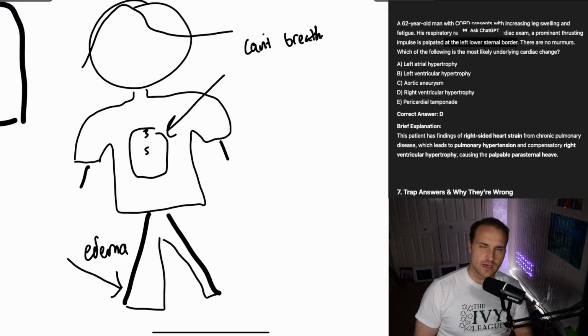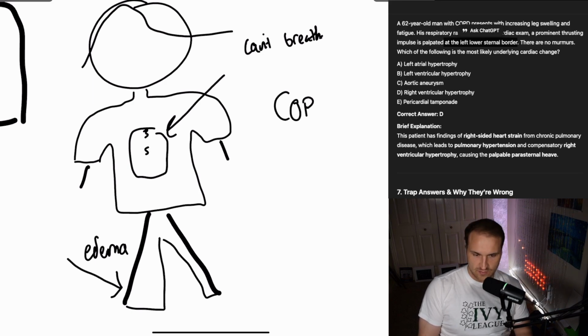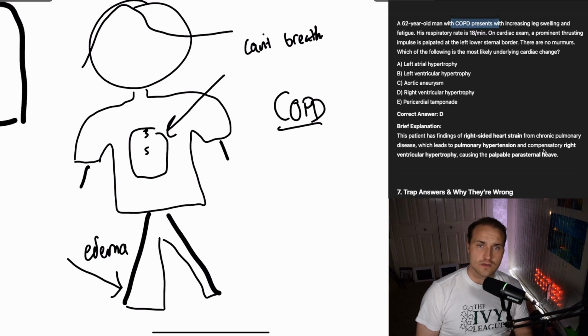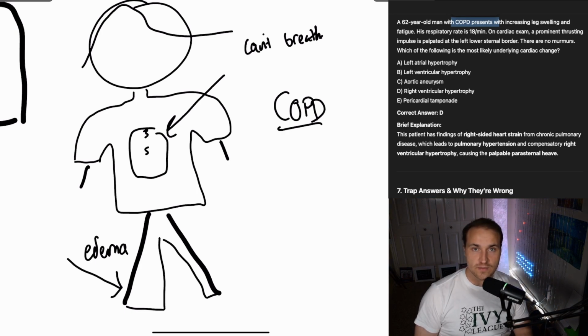Now, where does the pulmonary hypertension come from? Well, usually it's in a smoker or somebody who has chronic lung disease. And in this person, I believe they said COPD. Yep, so we got COPD. So low oxygen causes the pulmonary vessels to constrict. Usually that's a super good thing, but then this can cause chronic hypoxia. And so low oxygen causes the pulmonary vessels to keep on constricting, keep raising that pressure, and it forces